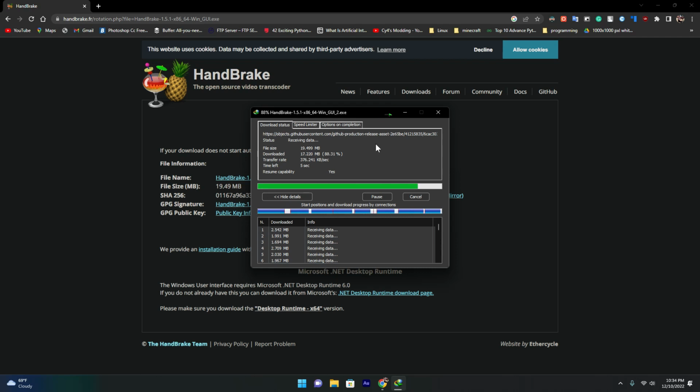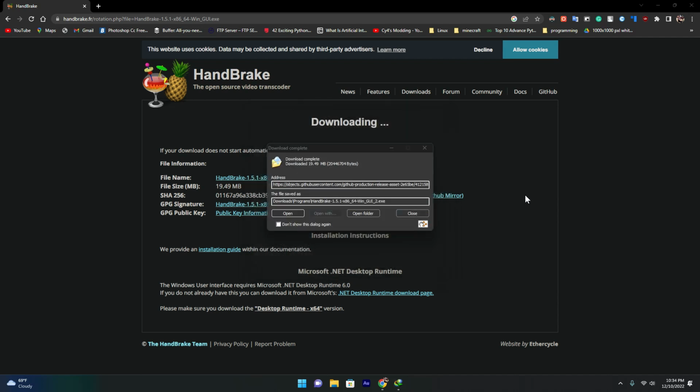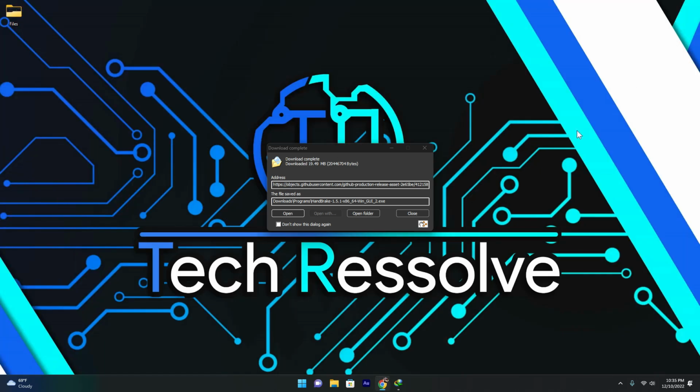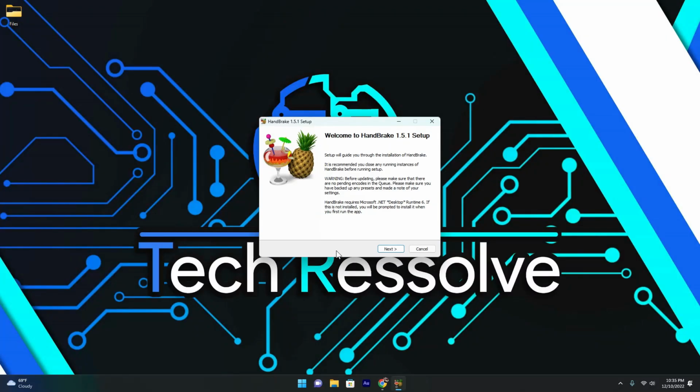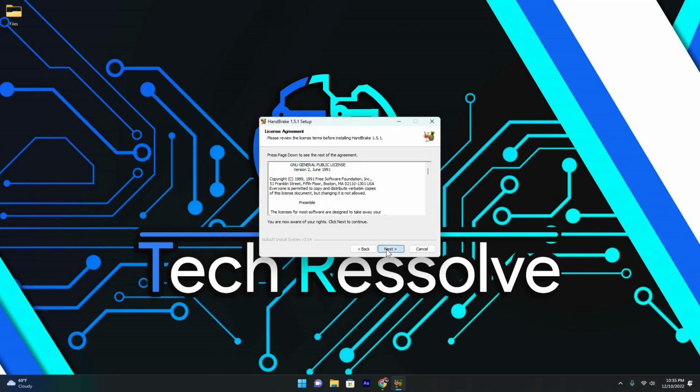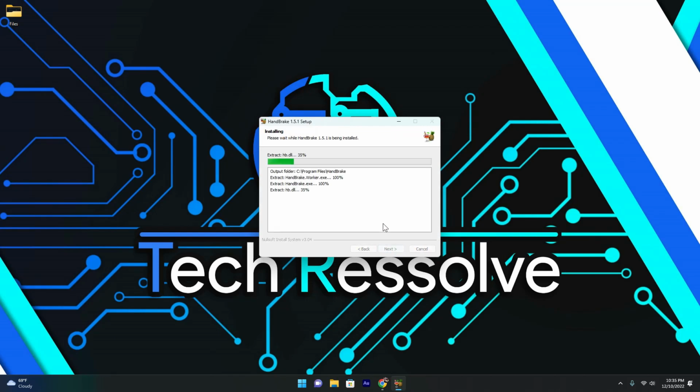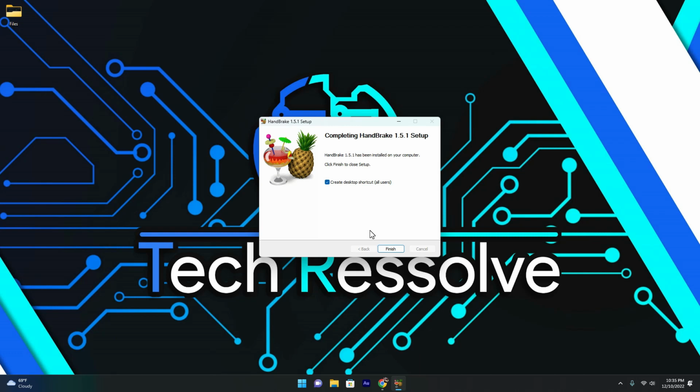Let's just wait for it to download, and then we can install it. The installation process is like any other software. You just download it and click install, and you will have a GUI installation, so you don't have to go through any terminal commands or anything. So if I just open this, then next, and install, and that's basically it. Now you have